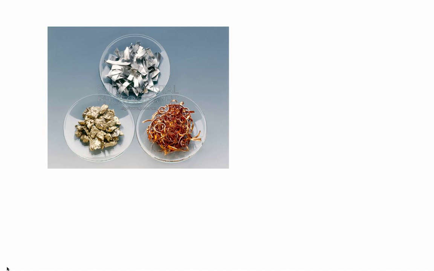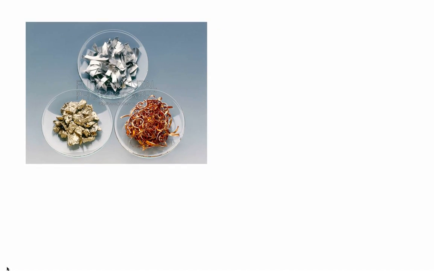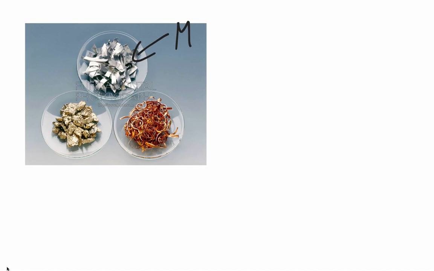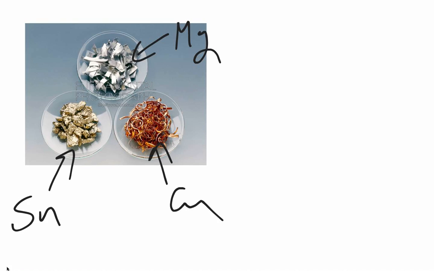So another thing we see with metals, and here's some samples of metals. This is, up here, magnesium, which is an alkaline earth metal. This is obviously copper right here. And actually, I believe this is some tin on this dish right here. So we have some different metals, and one thing we'll notice about all of them is how they're all flat. Well, besides the tin here, they've all been pounded into sheets. They're all malleable. And one thing we can actually say about metals is most metals are actually too malleable to be of any functional use.